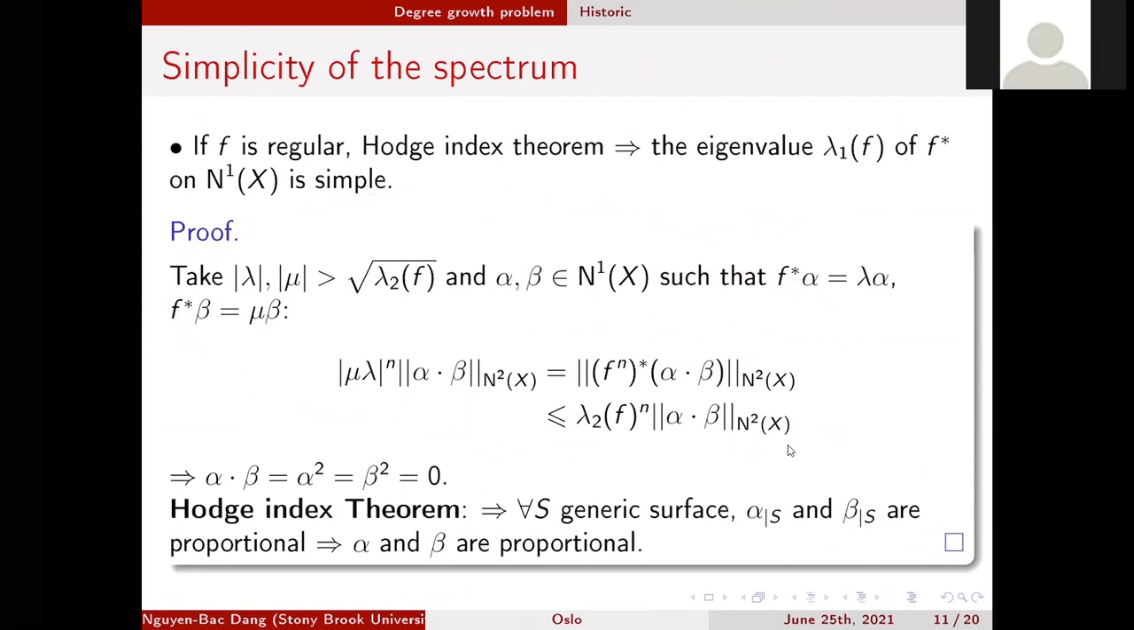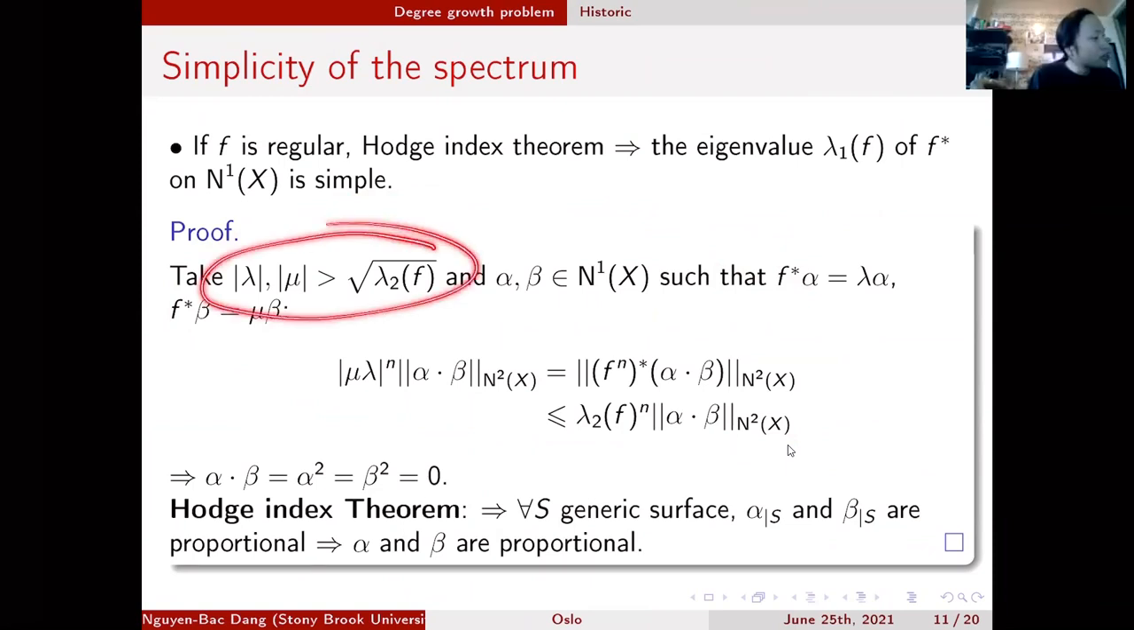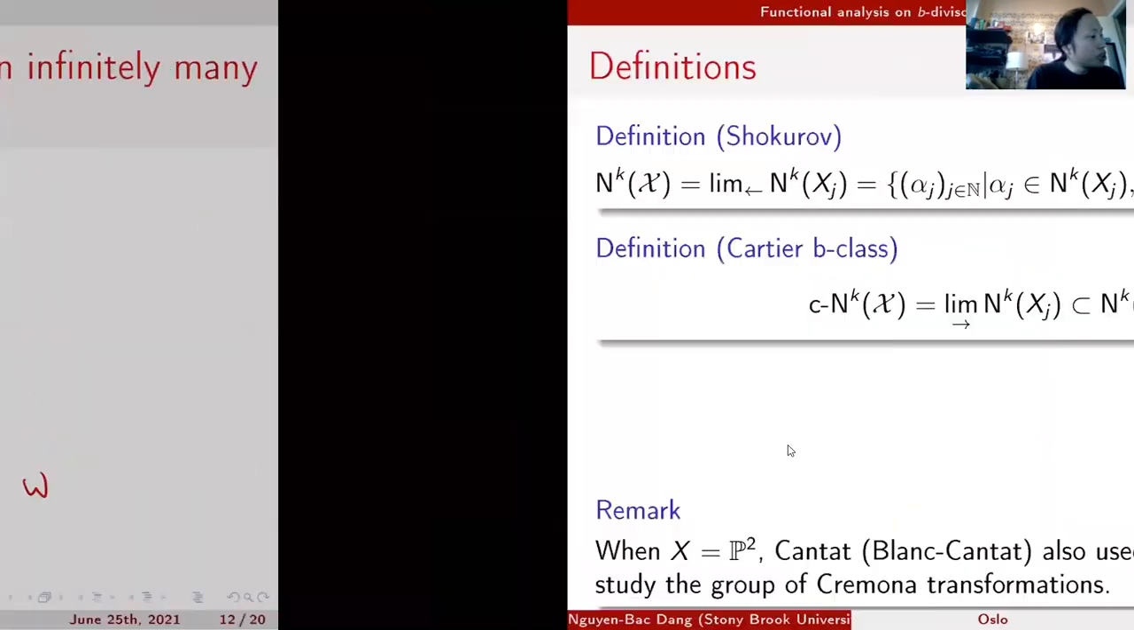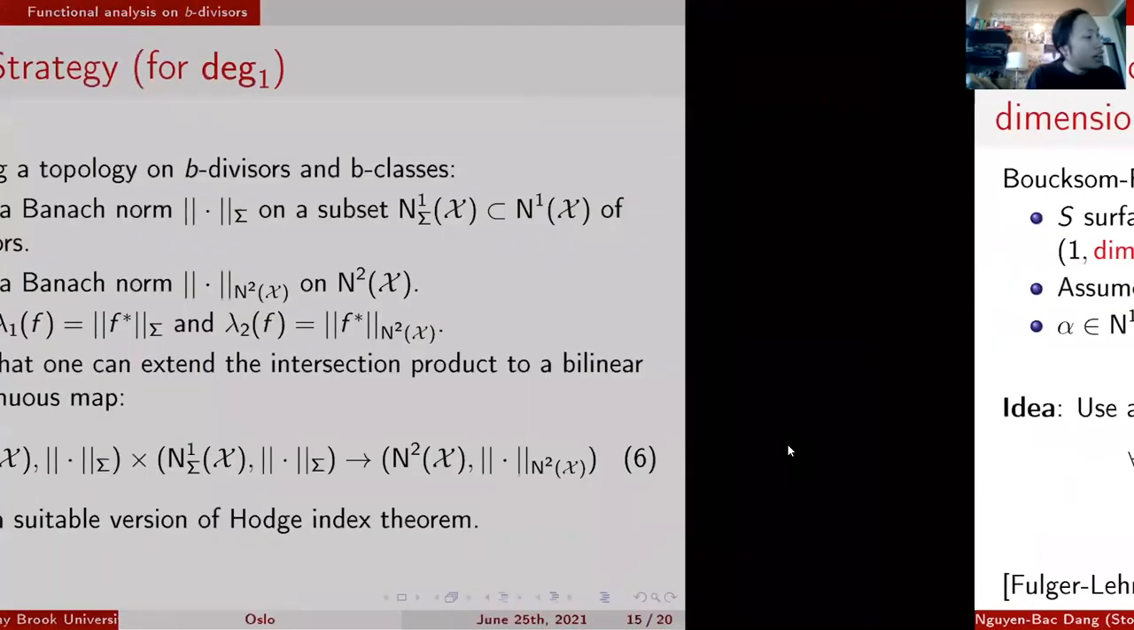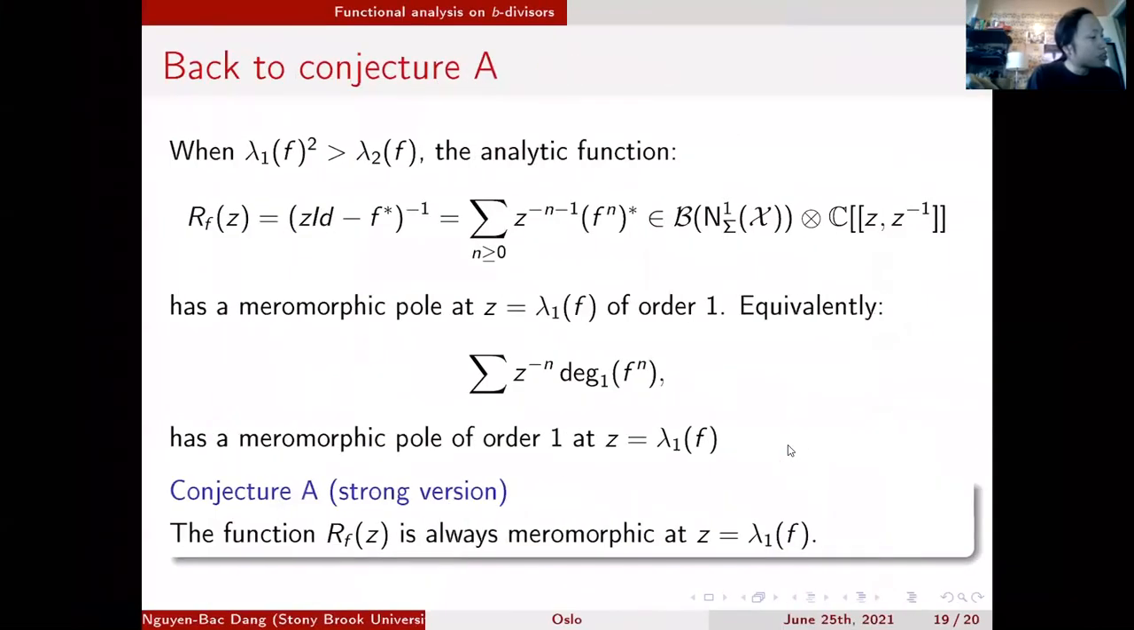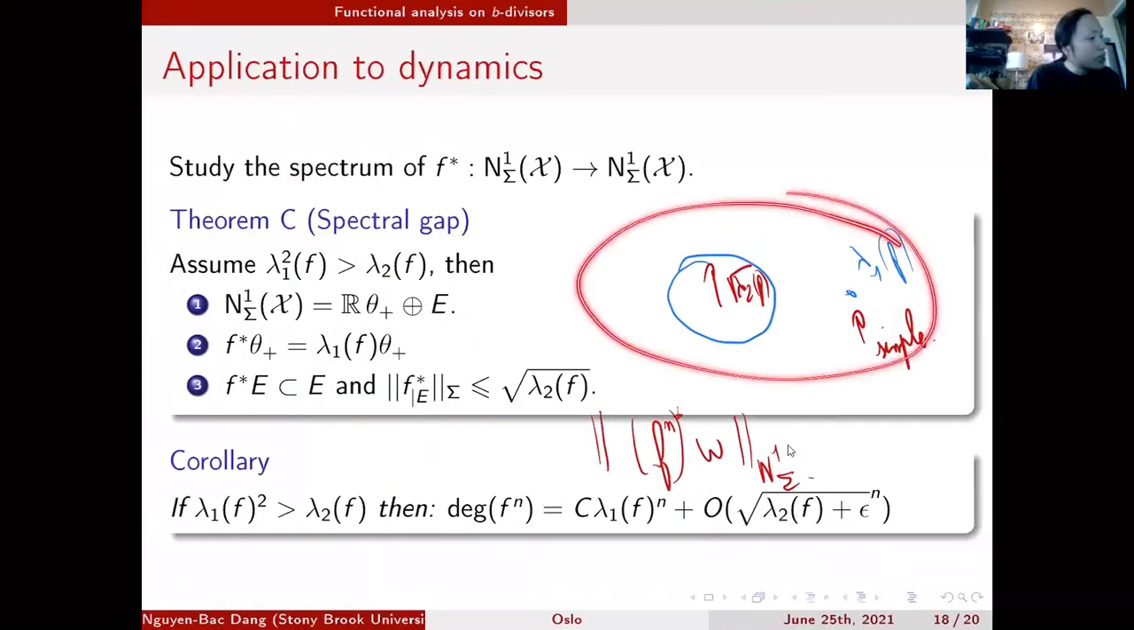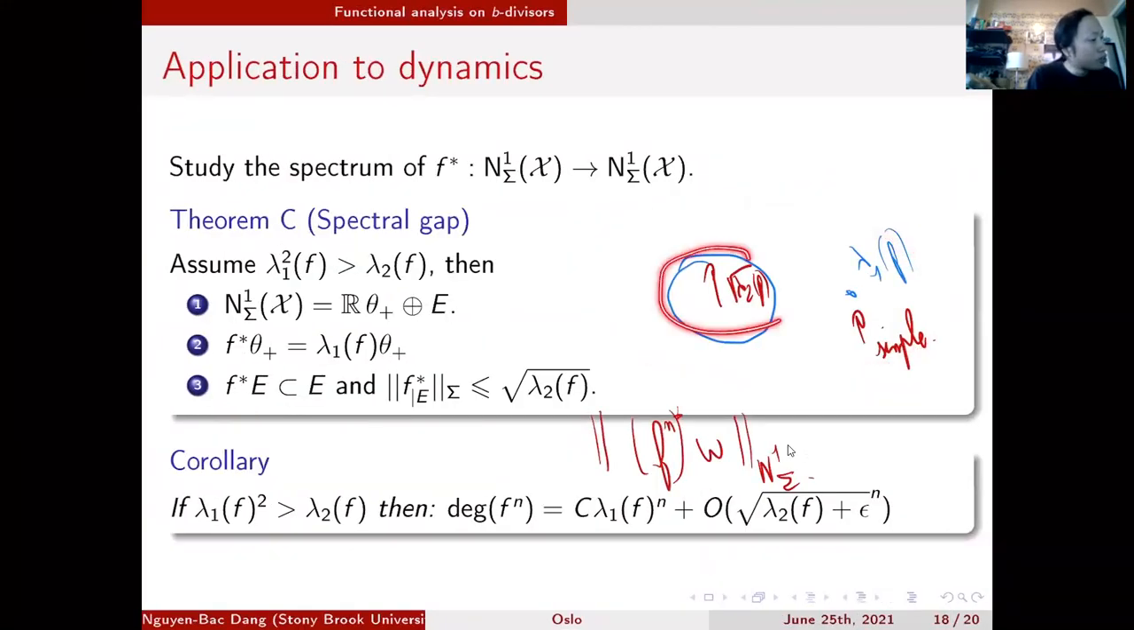And this is going to tell you that if you have two eigenvalues that are bigger than square root of lambda2, then they are equal to lambda1, basically. The main issue is that it's only half of the story. It's only half of the story because once you have that the spectrum is an isolated value of the spectrum, you still have to show that